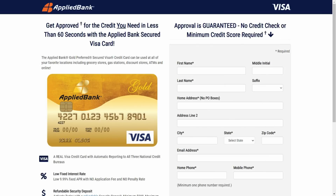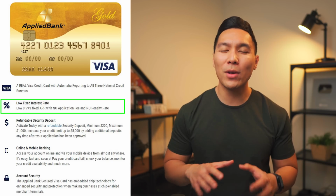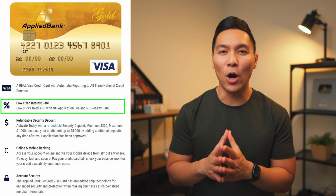The key difference with this card compared to most is that you are guaranteed to get approved. There is no minimum credit score for this card. So if you are an individual with no credit, multiple delinquencies, or bankruptcy, you can get approved. They do have a low APR, which hovers around 10%, but one thing that you have to know is their